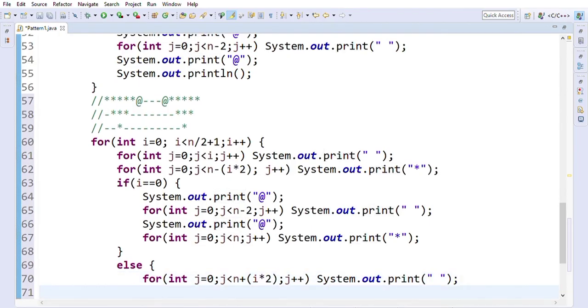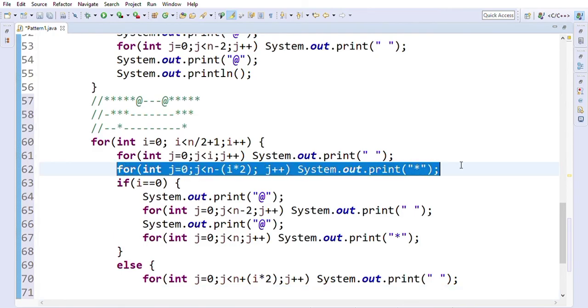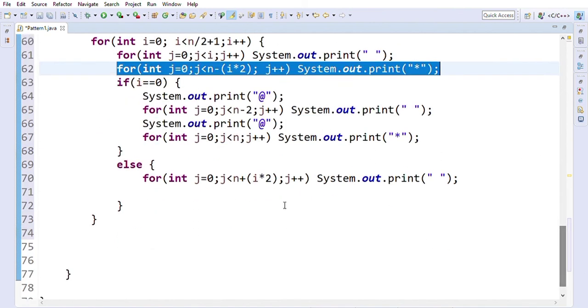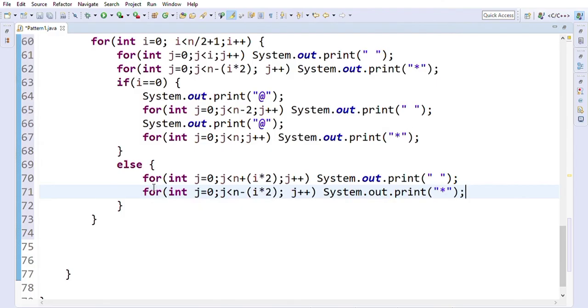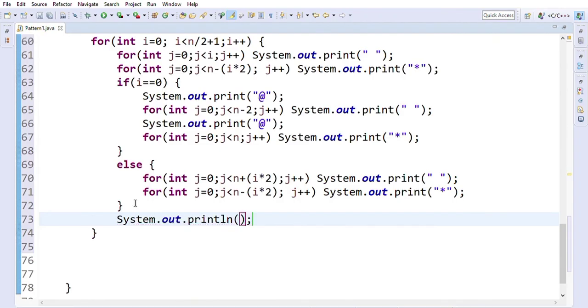After printing white spaces we have to print star again. We can use this line of code because we have to print the same pattern, so we can copy and paste it here. And after printing each line we have to change the line. Hope we are done. Let's see.